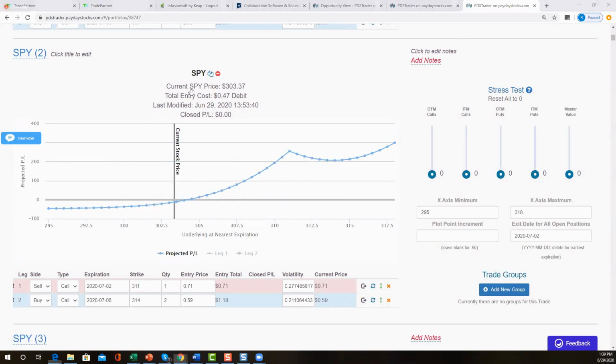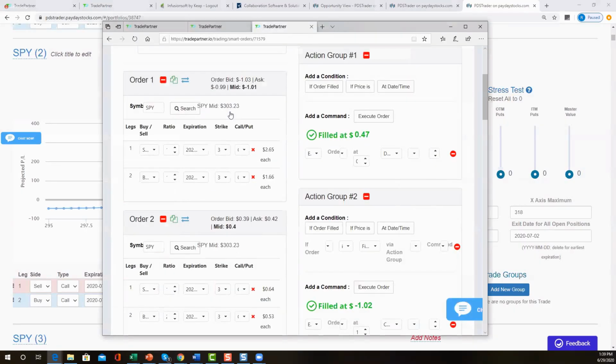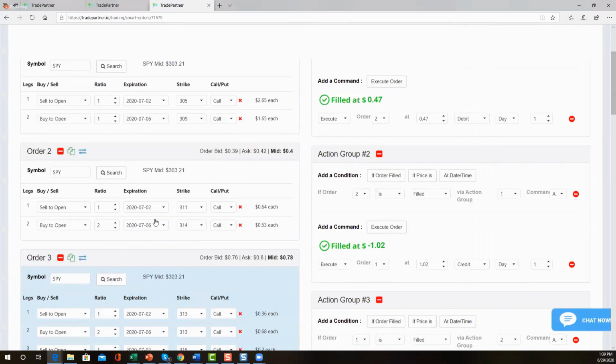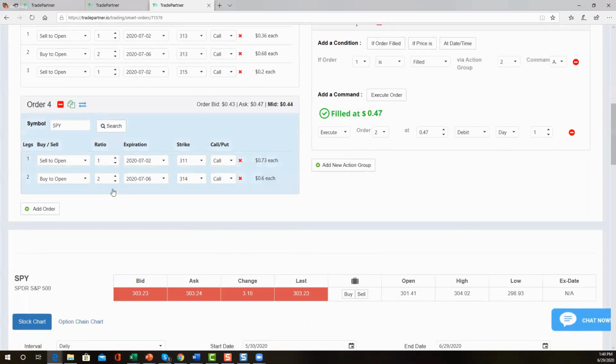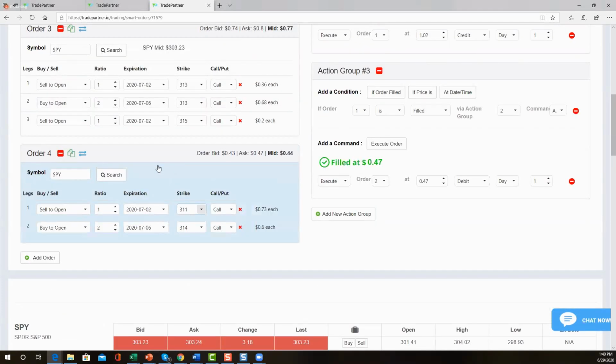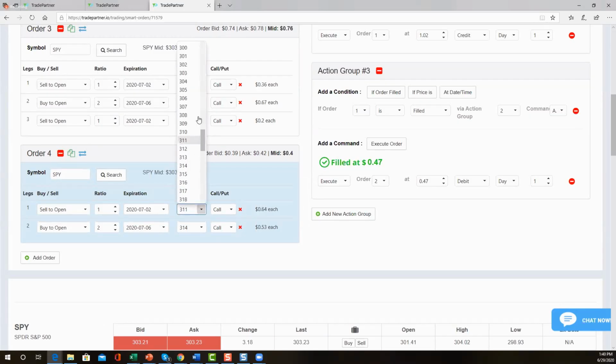So let me show you something here, and we'll just use the same graph. All right, here's order 3, which is now trading at a debit of 78 cents. Okay. Here's order 2. This is my bullish. It's now trading at a debit of only about 41, 42 cents. The ask is 42, so that's probably closer to where it's at. I'm just going to duplicate that one, and what are we trading at? We're trading at 303. So let's put this at 304 and 307. So what if the market goes up to 311 tomorrow?